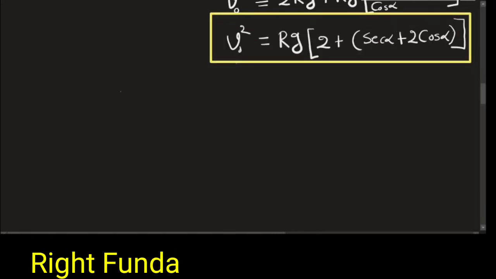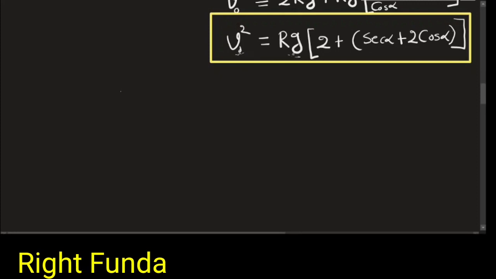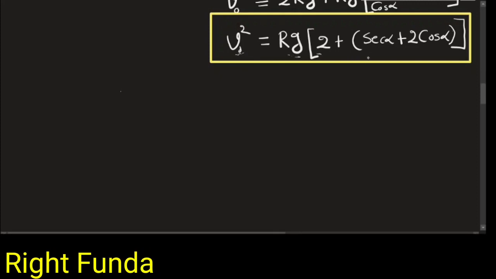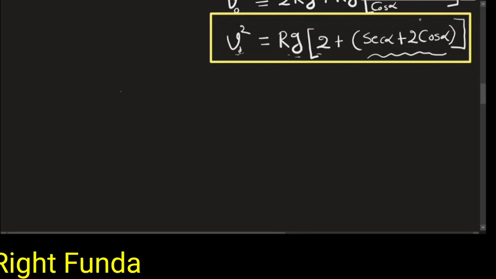Now this quantity has to be minimum. This is a constant quantity. If this whole thing becomes minimum, then this will be minimum. So I can minimize this one. In case of minima and maxima, we'll be doing it by two methods. So first, let's do it by our popular method, the calculus method.